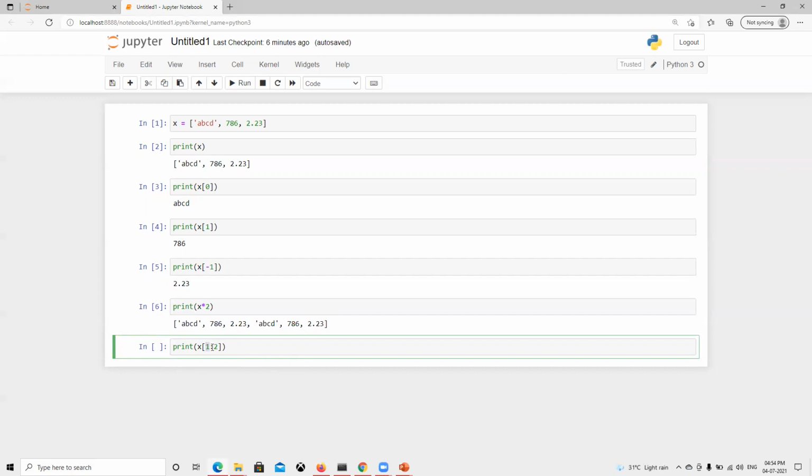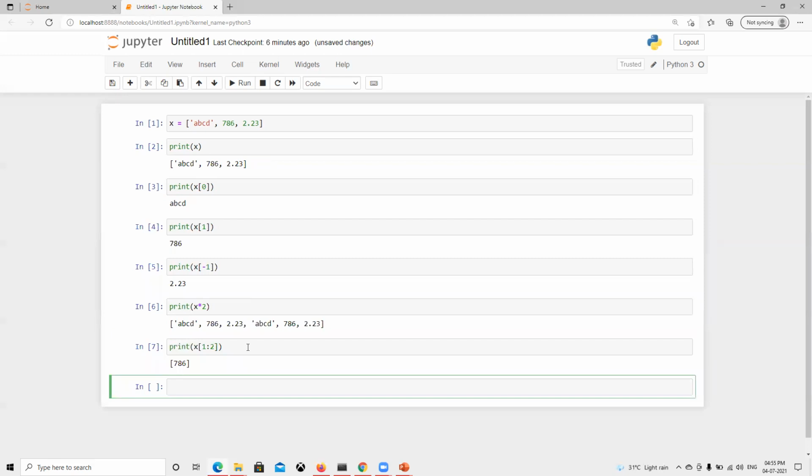If we start with 1 and end with 2, it only returns index 1. If I start with 1 and end with 4, it's going to count till 3, not 4. Since it starts with 0, 'abcd' is stored at 0, and 786 is stored at 1. So if I execute, I get 786.